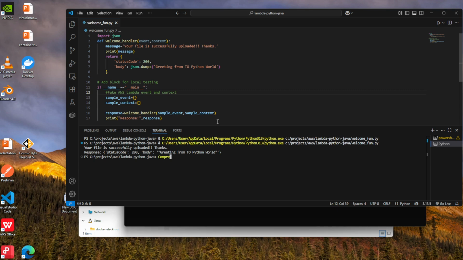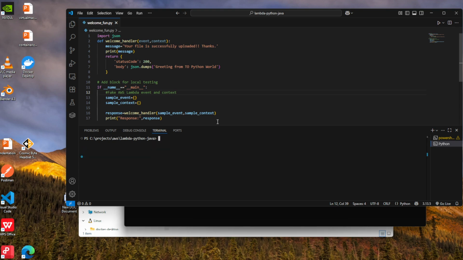So let us first clear this so that it is visible to you. Now we can use the command, as we are preparing a zip file out of it. For that, this is the command we can use, Compress-Archive, and we can add hyphen Path, and what is our Python file, which is welcome_fun.py,